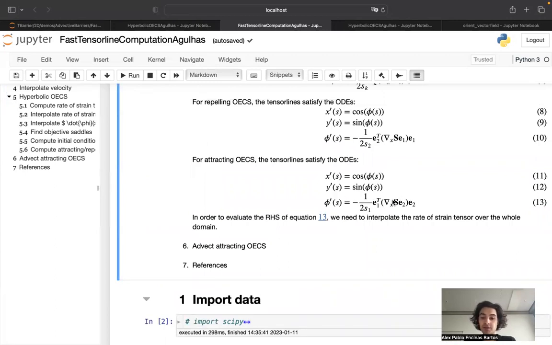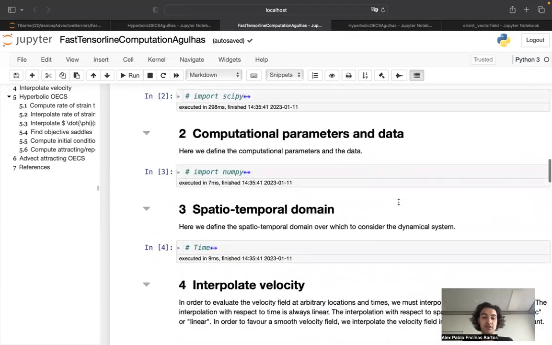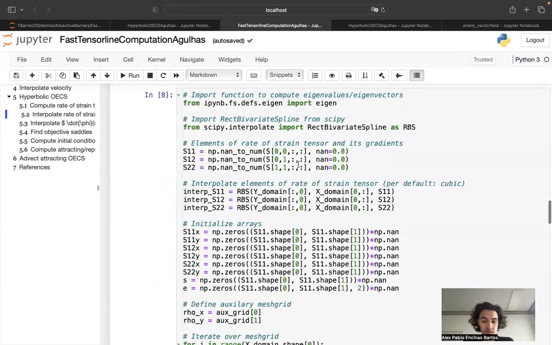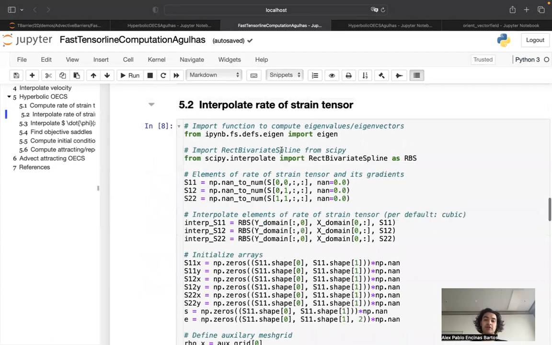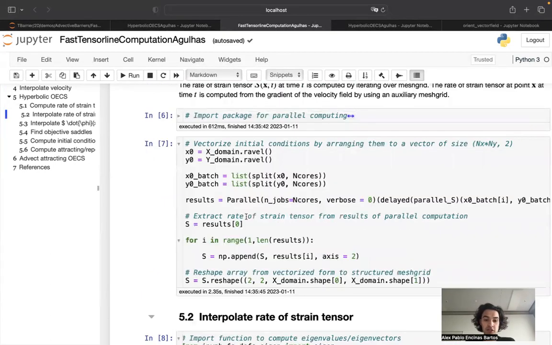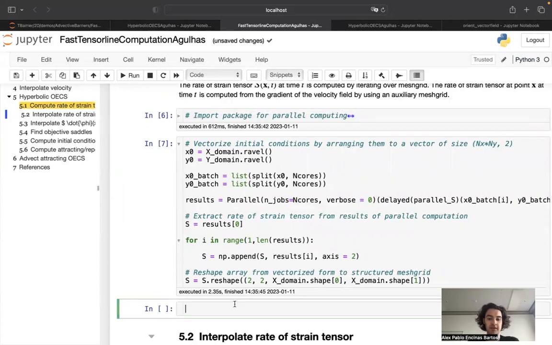In order to do this, you need to have access to the gradients of the rate of strain tensor. Okay, that might seem a bit problematic, but you simply need to evaluate this expression, having access to the gradients of the rate of strain tensor. That's why we compute the rate of strain tensor for each initial condition here. So if you take a look at the shape of the rate of strain tensor, then again, the shape of this rate of strain tensor is